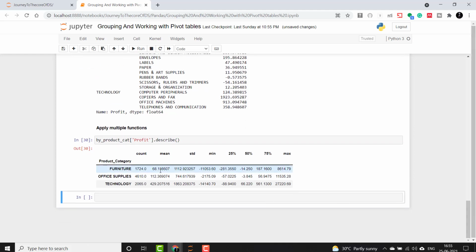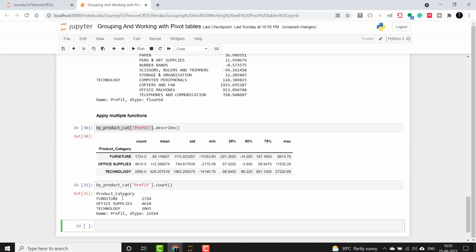For all the aggregation functions such as count, mean, standard deviation, minimum, interquartile ranges and maximum, it has given us the output. You can individually do it for certain aggregate functions also. So let's check count now. You will see here that you'll get the same output as below.